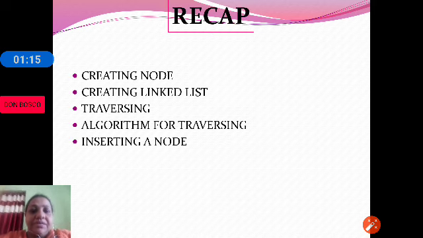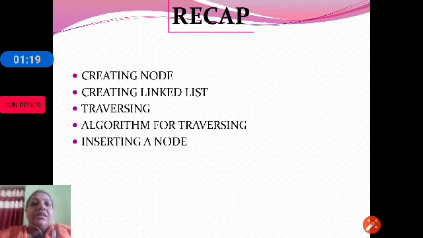We also discussed how a node can be inserted. These were the topics: creating a node, creating a linked list, traversing, algorithm for traversing, and inserting a node. In today's class we will be discussing inserting a node in detail.